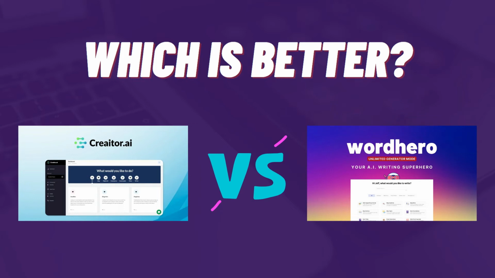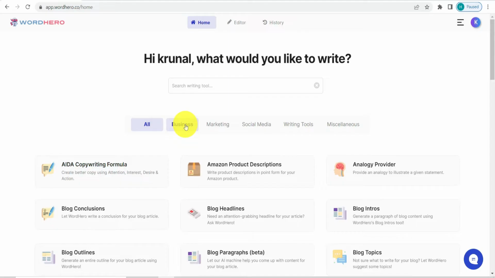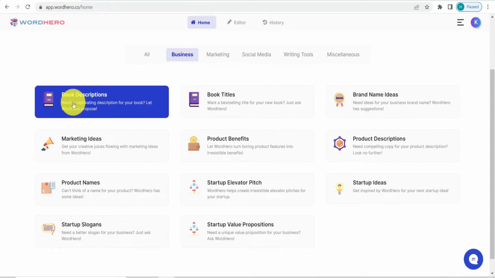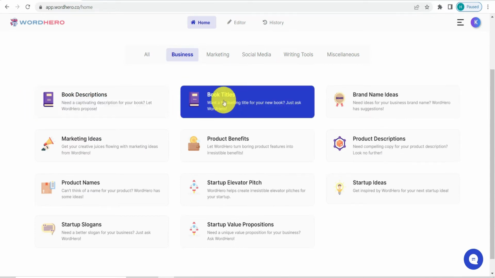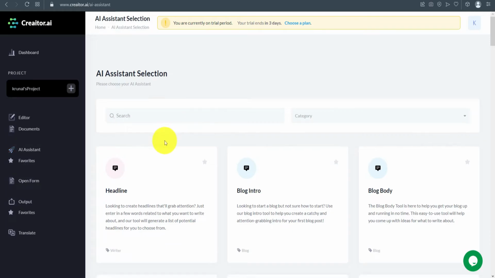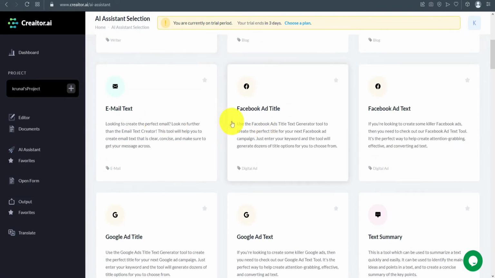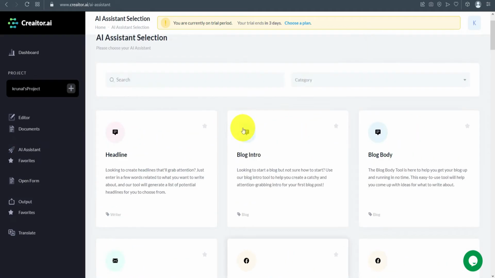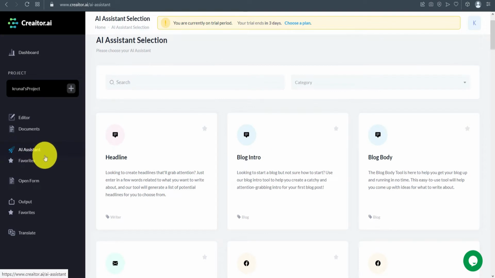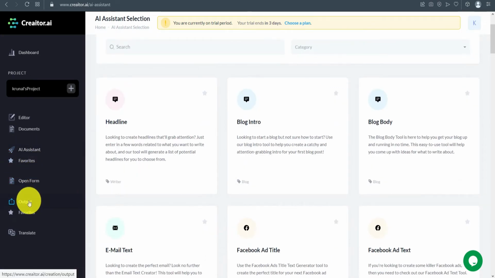In today's video, we'll compare creaitor.ai and WordHero. Both of these tools are AI copywriters that allow you to generate both short and long form copy such as blog posts, articles, Facebook ads, product descriptions, and pretty much any other type of copy that you can think of. However, even though they are all AI copywriters, they have very specific features and functionality that really separate them